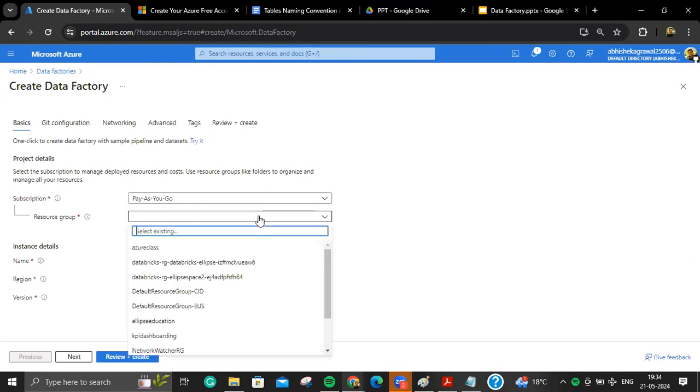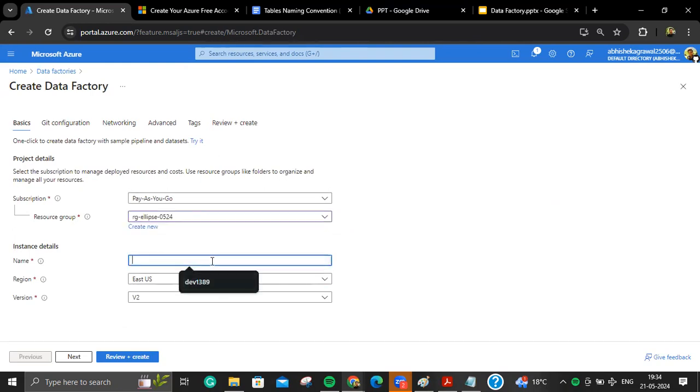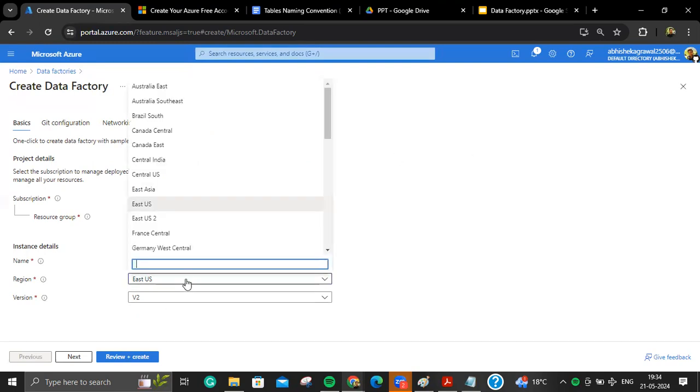Then you select your subscription, you select your resource group, which is like 0524, and then we type the name of ADF, right? Okay, you again select your region, which is suppose Central India.